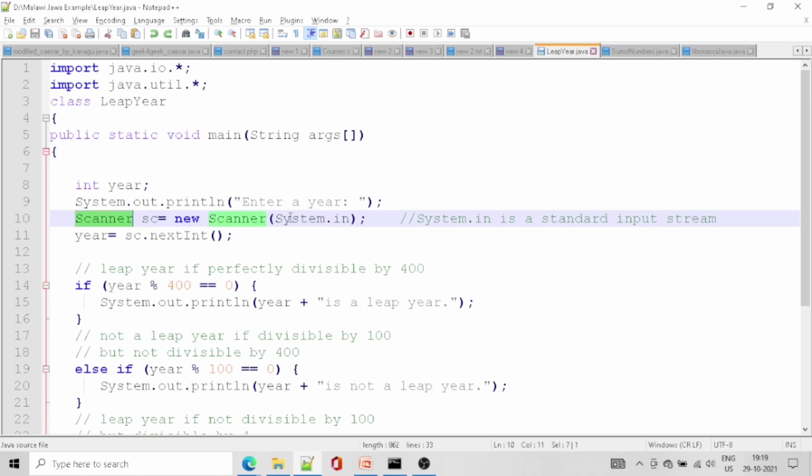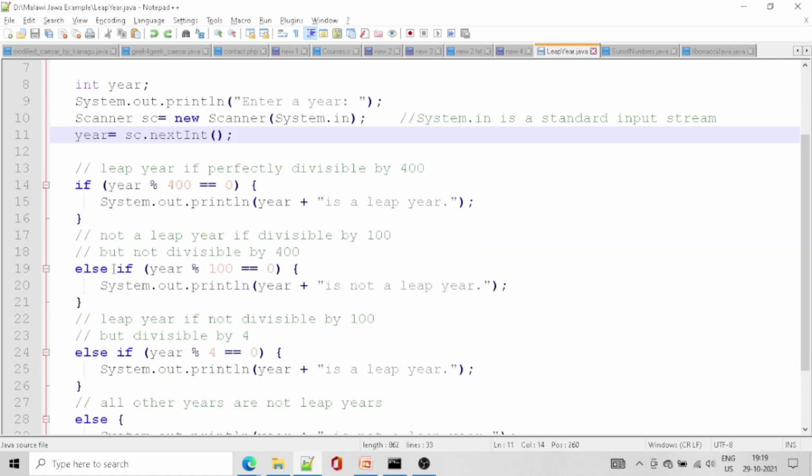Inside the bracket we are putting System.in, which means we are getting input from the user, and using Scanner we are accessing the content. We are getting the input from the user using the Scanner's object and storing it into the year variable.